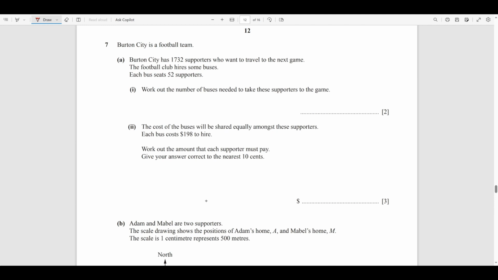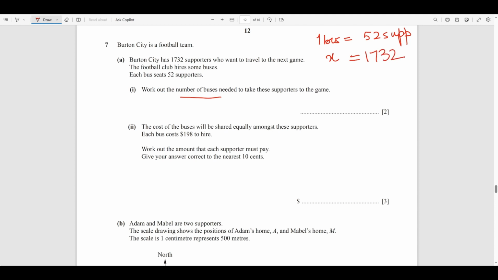Okay, so this is again great because the more supporters you plan to take to the game, you will have to have more buses, right? So it's a direct proportion case. Remember cross multiplication. So one bus has seats for 52 supporters, right? So the number of buses you need to calculate is x, because we don't know the number of buses, and the number of supporters we have are